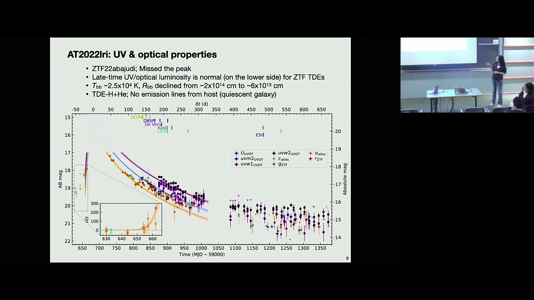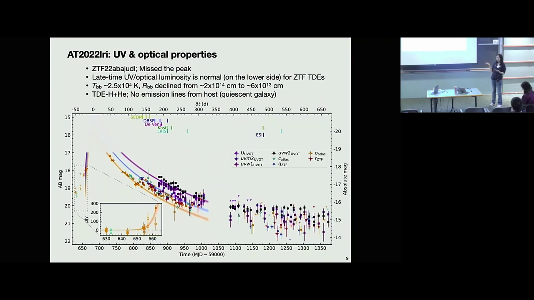In October 2022, we classified it as a TDE based on the existence of broad hydrogen and helium emission lines that you commonly also see in other ZTF TDEs. The UV and X-ray follow-up observation started about 190 days after the optical peak. If you fit the UV and optical SED with a black body, you can see that its black body temperature and radius parameters are pretty typical for an optically selected TDE at such late phase.